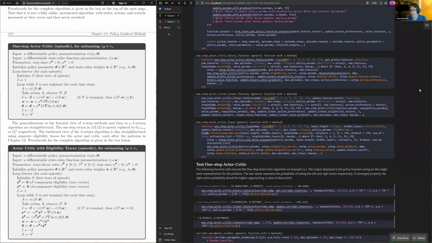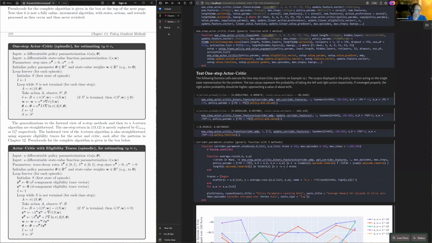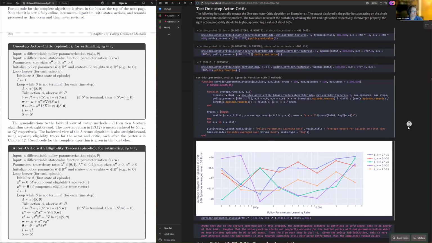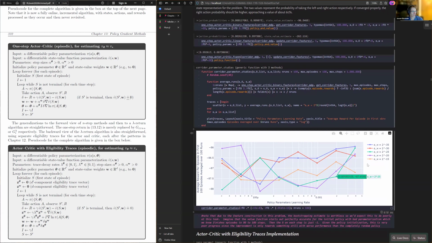They don't have it in the book, but I also have here testing these methods on the corridor problem again. Remember, for the corridor problem, we only so far did the Monte Carlo methods. And there's a reason for that, at least if you look at the one-step method. So here is a parameter study on the corridor problem across a lot of different